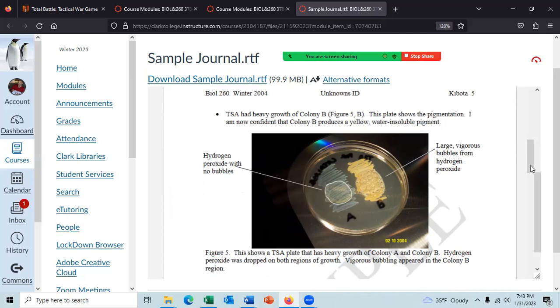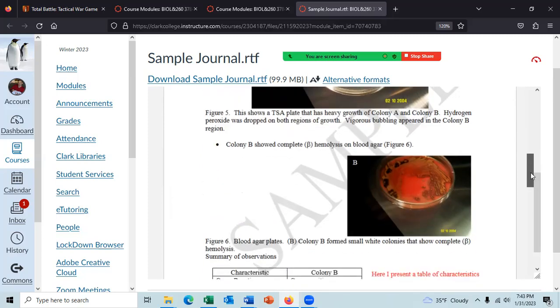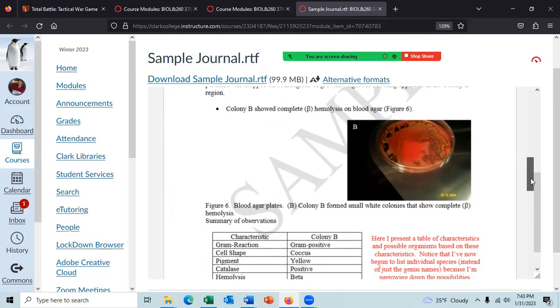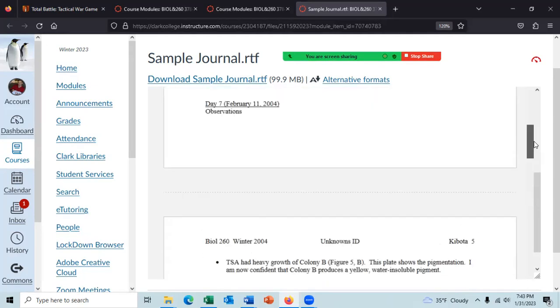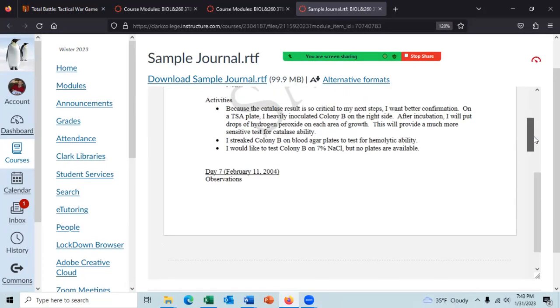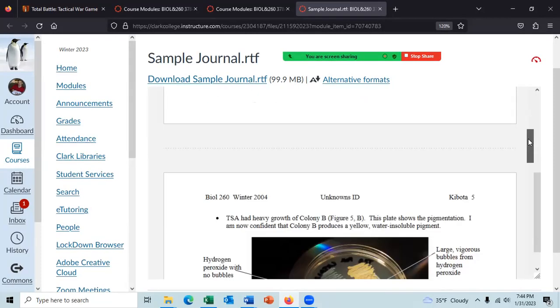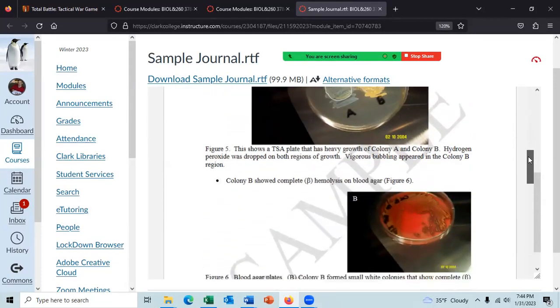No, that was earlier. He gave that earlier. Let me see. What was the test he ran? 7% sodium chloride. I don't see the results for the 7% sodium chloride.